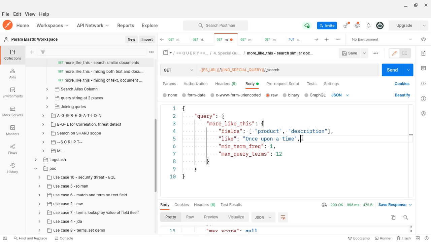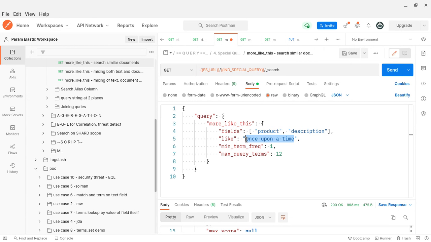Let me repeat once more. Here we give the text. Elasticsearch first checks for the given terms in the configured fields. Then it identifies a minimum of 10, or a maximum of 10; we can configure how many. It identifies the documents, but you don't return the documents matched for the given text.